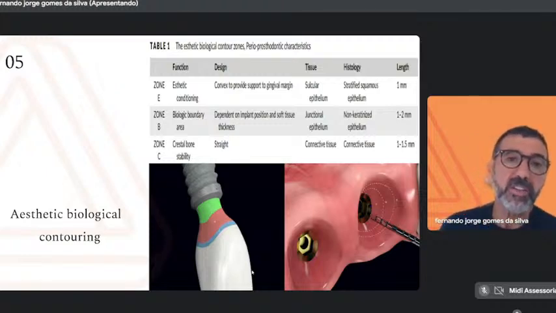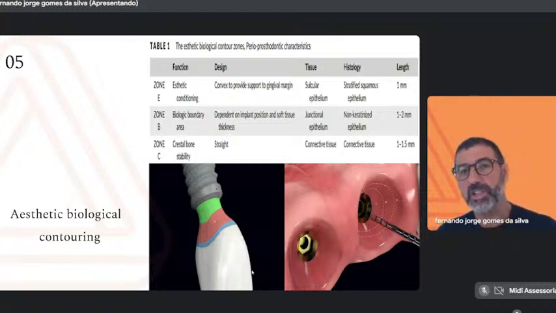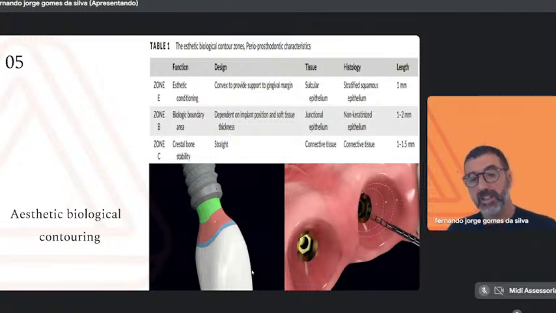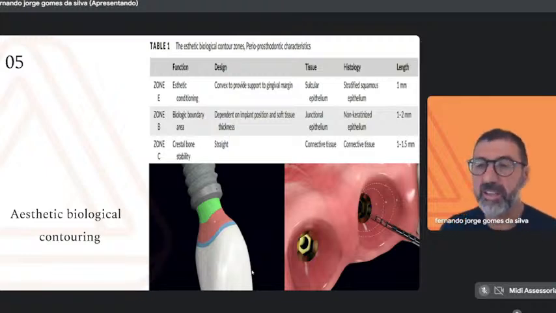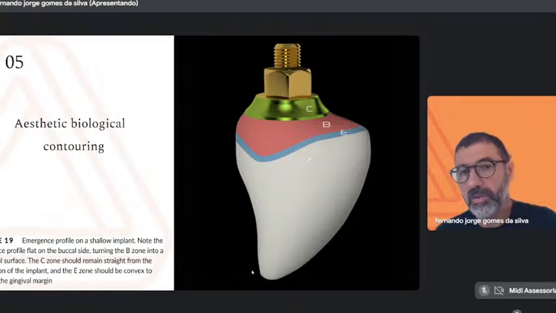The E zone has the function of aesthetic conditioning. Its design is convex to provide support to the gingival margin. Its tissue is sulcular epithelium. Histologically it is a stratified squamous epithelium, and it is the thinnest of the three, about 1 millimeter in length. If we achieve this situation in our emergence profiles, we have to make our provisional crowns with that